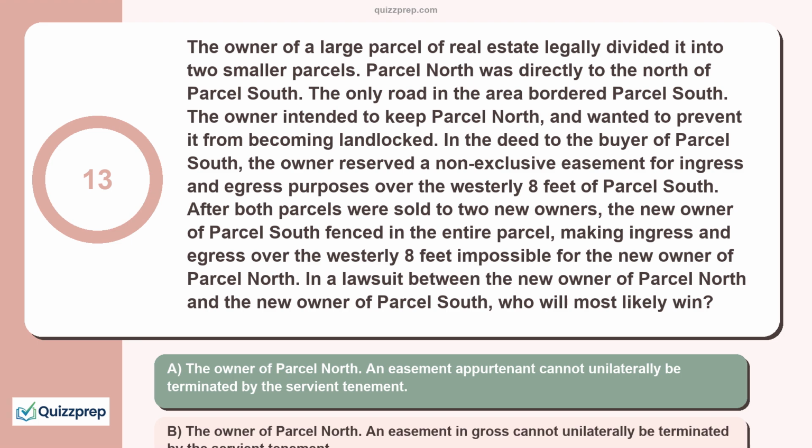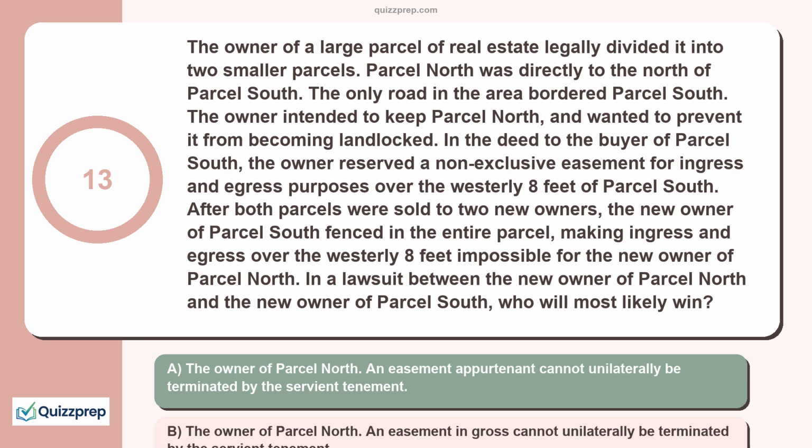B is incorrect. An easement in gross only has one parcel of land, a servient tenement. The classic example of an easement in gross is a public utilities easement. The public utility does not need to own a contiguous parcel in order to have an easement in gross. This test question states that there are two parcels of land, a dominant and a servient tenement. Therefore, this fact pattern does not describe an easement in gross.